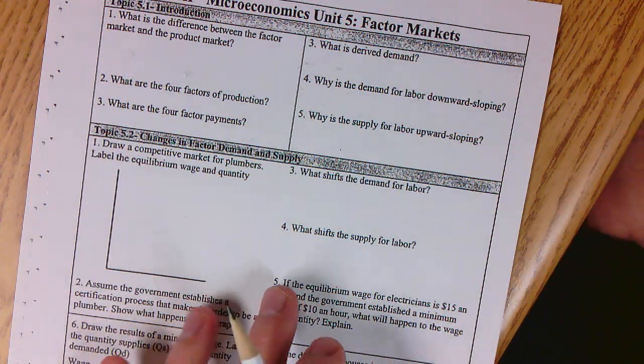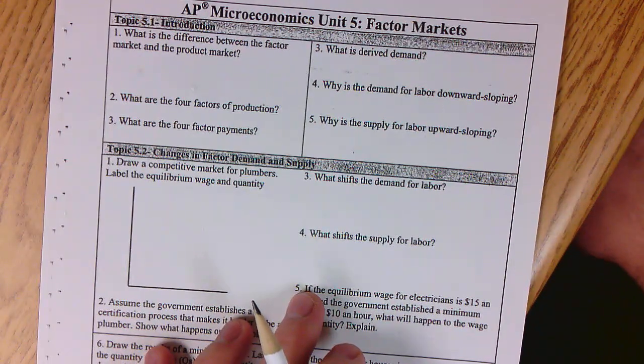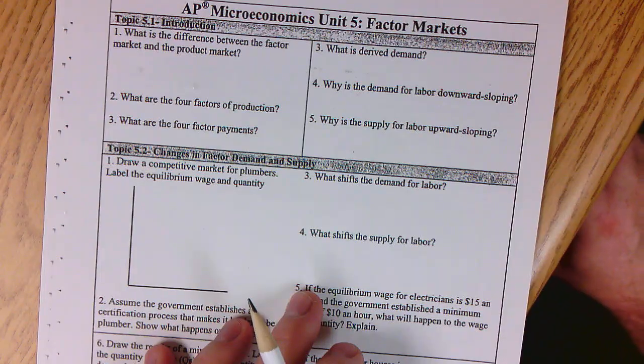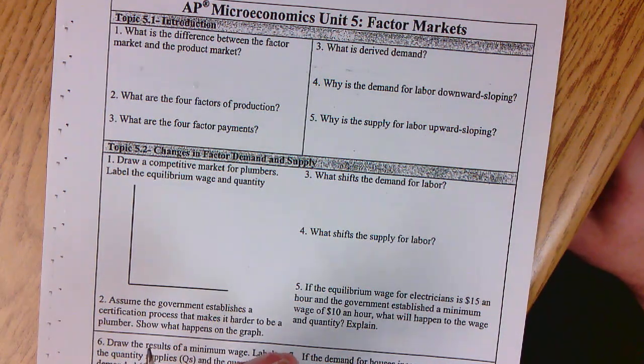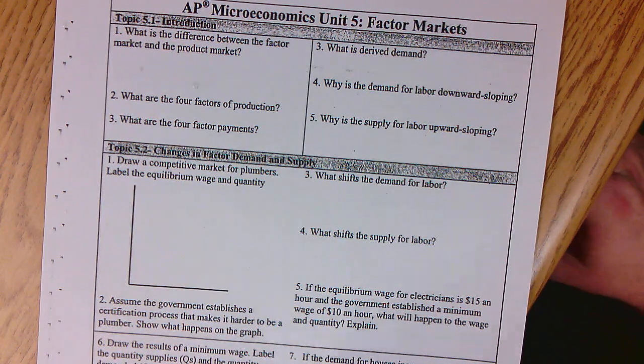Alrighty, y'all. So we're starting Unit 5 now. We're getting close to the end. Unit 5, we're looking at factor markets. And if we think back to those factors of production, the acronym CEL, capital, entrepreneurship, land, labor, it's what goes